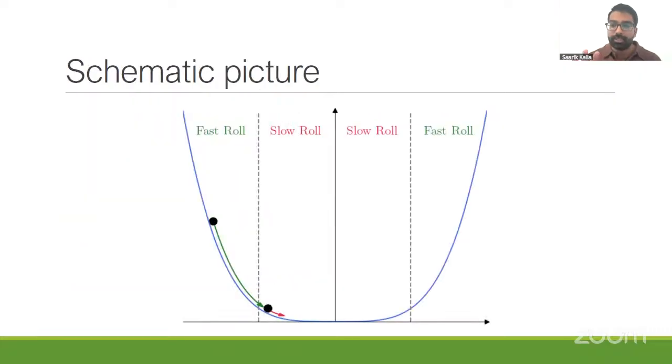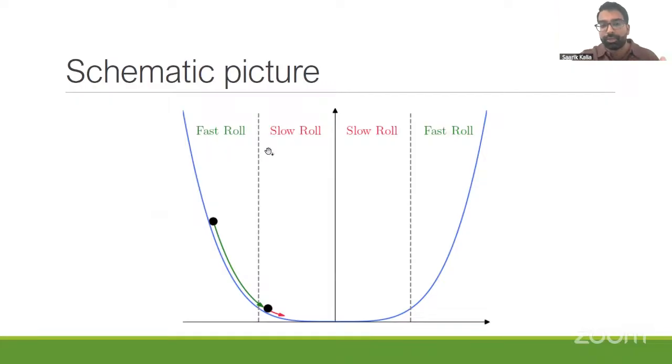But first, I just wanted to schematically draw a picture for you of what this mechanism looks like and how exactly this works. So today I'm going to be considering a scalar field during inflation, which has some non-trivial potential, and I want to think about what its dynamics are and how that could lead to this blue tilt. So let's suppose that my scalar has some non-trivial potential. Much like the inflaton, this scalar has some slow roll solution to it, which I'll tell you in a second what the condition for that solution is.